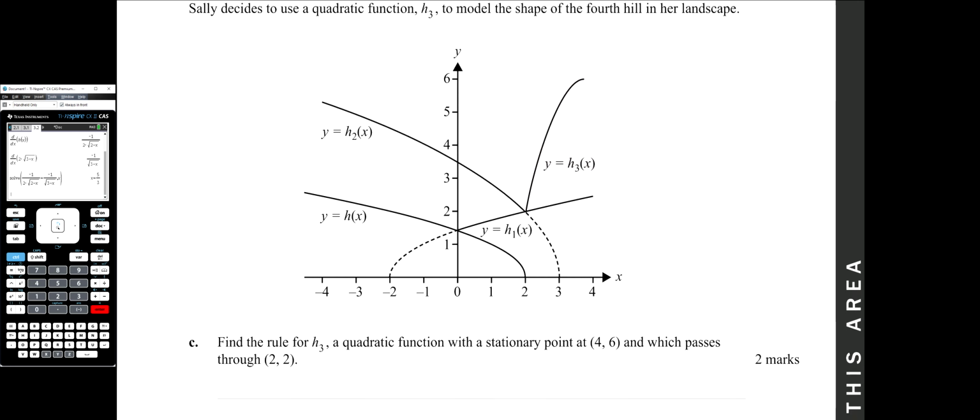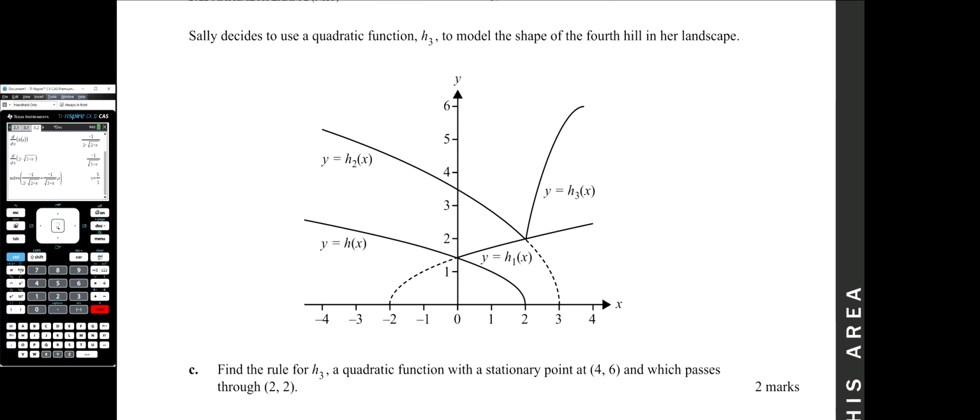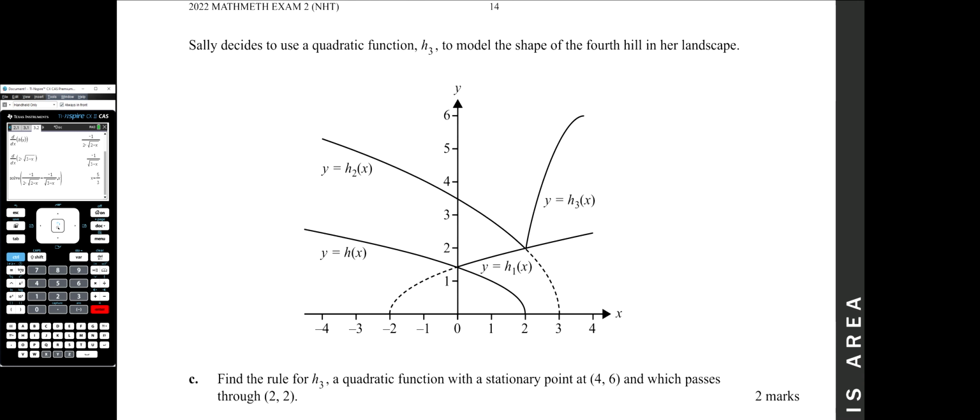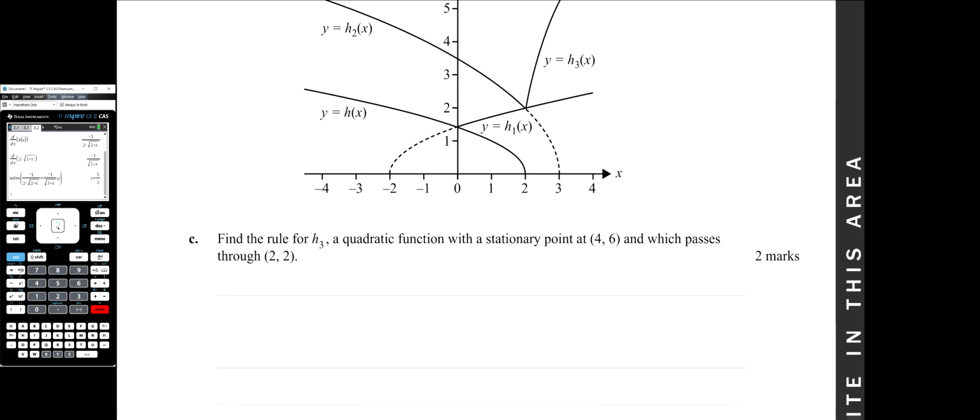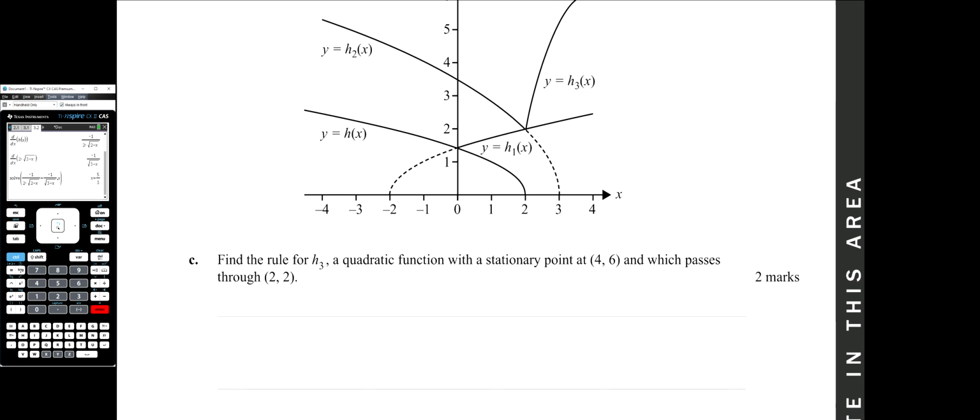Alright, so part C. Find the rule for h3, a quadratic function with the stationary point at (4, 6), and which passes through (2, 2). This is a basic finding-the-equation-of-a-quadratic question. Given that the stationary point, in other words the vertex, is at (4, 6), we can say h3 of x is equal to a(x minus 4) squared plus 6. We know that it passes through (2, 2), so that means